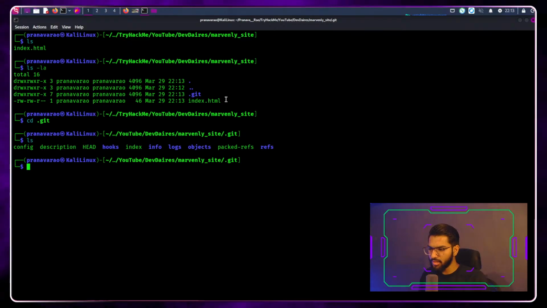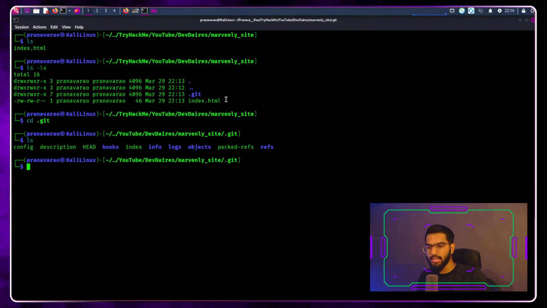It even contains how to reach back to the repository if I have to commit some changes. So this hidden folder contains all the information related to your repository and your personal information in that.